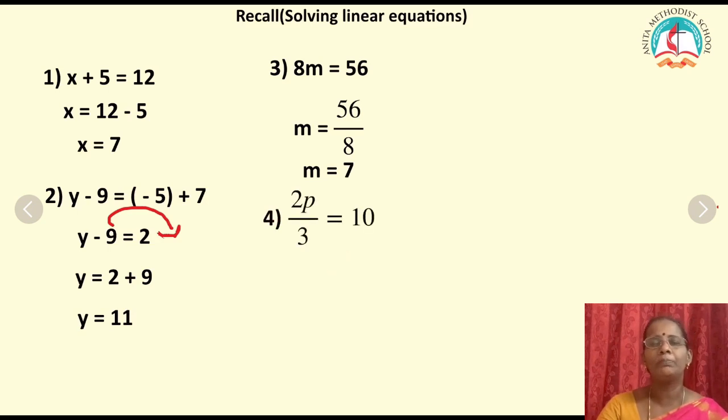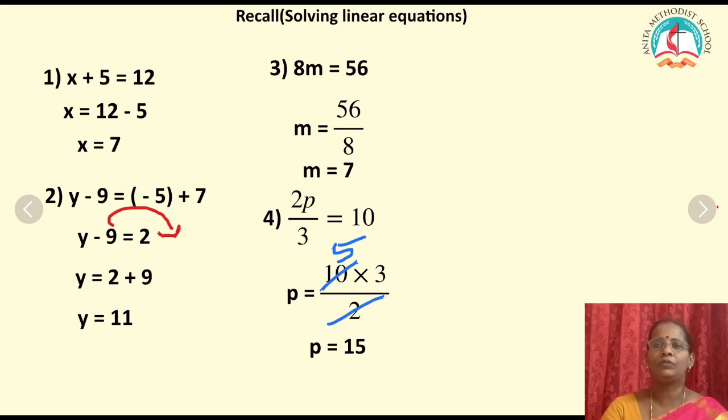Here it is 2p by 3 is equal to 10. So how will you find the value for p? I don't want 2 by 3 on the left hand side. So take it to the other side. How does it become now? It is 3 by 2. Therefore 10 into 3 divided by 2. Just cross multiply children. Denominator will go to the numerator. Numerator will come to the denominator when you take it to the other side. So 10 3s are 30 divided by 2 is 15. Or you can cancel 10 and 2. 10 and 2 will go how many times? 5 times. Therefore 5 3s are 15. Anyway you can solve in both the methods, you can try.